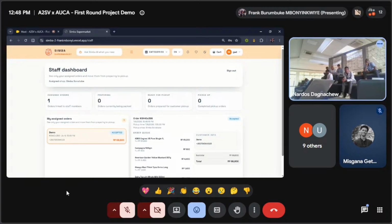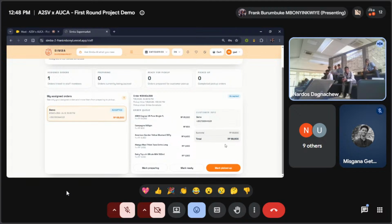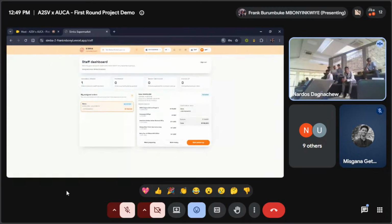The staff will receive that order. You see it's assigned orders, and the staff can try to prepare the order as much as possible. So let me try to reduce the screen. So once the staff receives the order and starts preparing, he can mark it as preparing, which will change also on the client side. So once the order is ready, it can be marked as